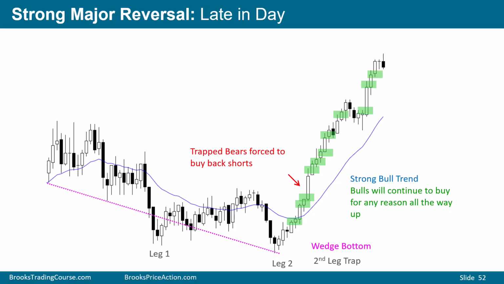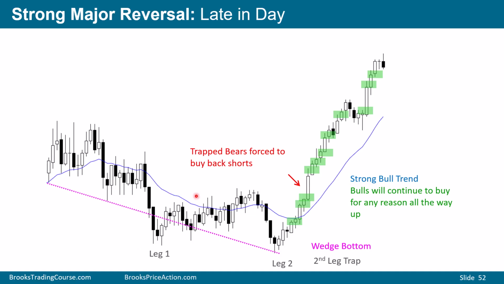Here is a strong major reversal late in the day. We opened with a lot of trading range price action that you can see through here. Trading range price action here, strong bear breakout, but what happened? Because the market was in a trading range, it got a delayed second leg down. Leg 1, leg 2, possible failed breakout of a final flag, the final flag being this trading range here.